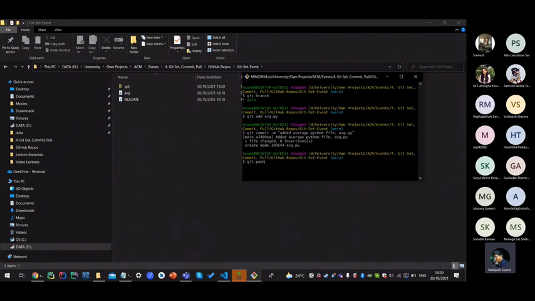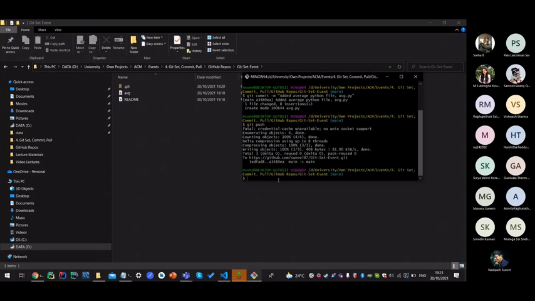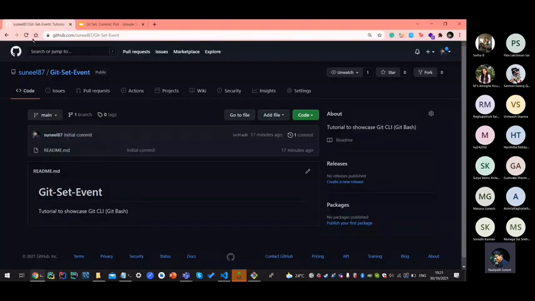The last thing to do would be to hit git push, which will push the changes to the code, and we'll see it take change in the actual place. So once that's done, you'll see this same command prompt again. And if I go and refresh my page,